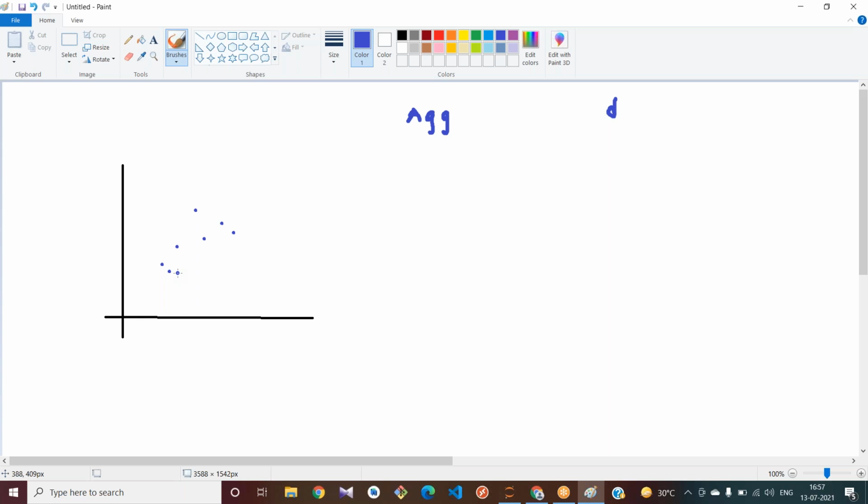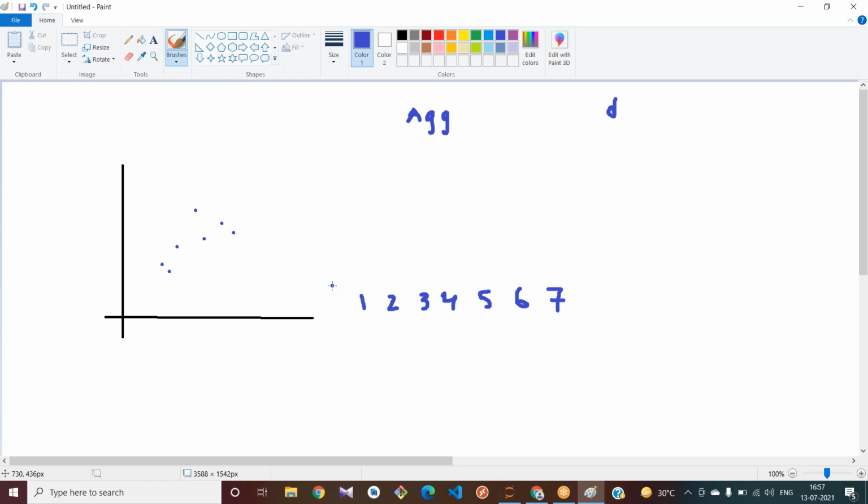Okay, what it tries to assume, see, how many data points do we have? 1, 2, 3, 4, 5, 6 and 7. So for our example we have 7, right?